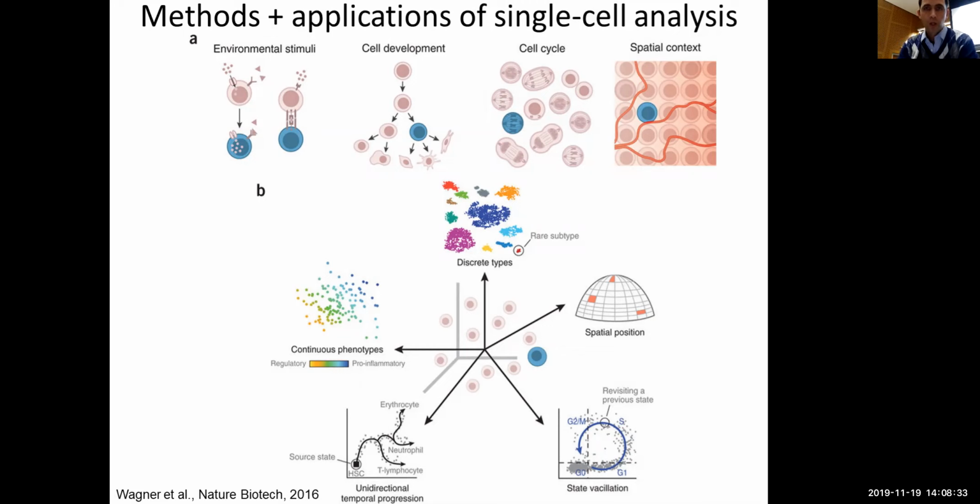Awesome. Okay. All right, so you can basically do all of these types of analysis, and then you could look for continuous phenotypes of cells, basically what are pro-inflammatory versus sort of regulatory cells, or you could ask what are the different discrete cell types, and some of those will be well labeled based on existing markers, but you might also realize that there are some tiny little clusters that were not previously known, and that happens all the time. Every single time you do a single cell RNA-seq experiment, you go deeper than anyone has ever gone with non-single